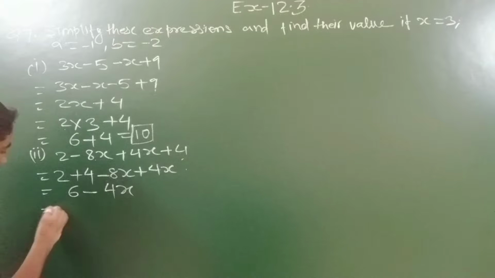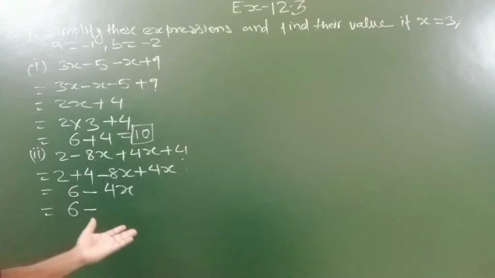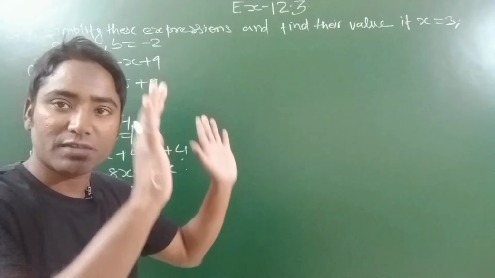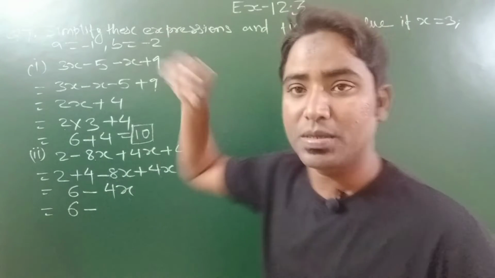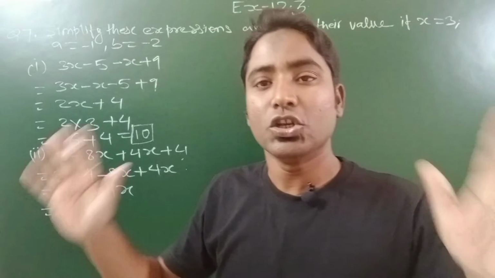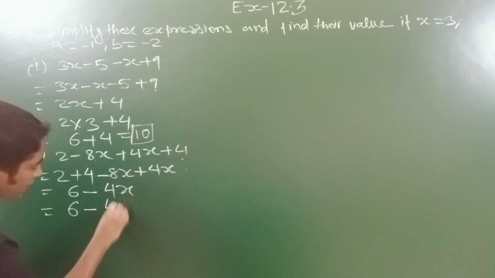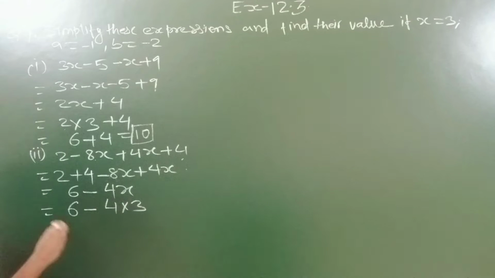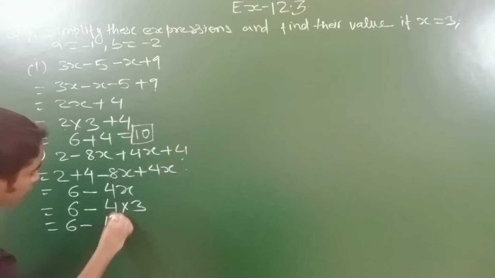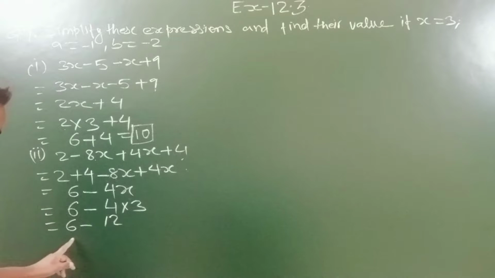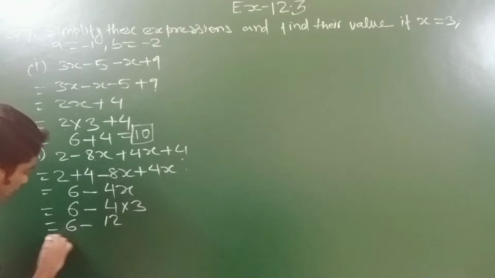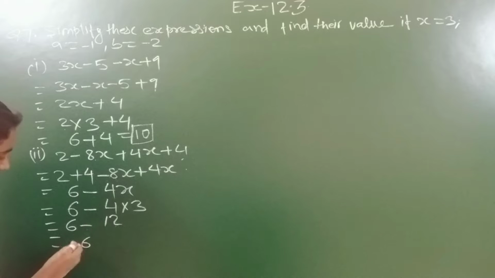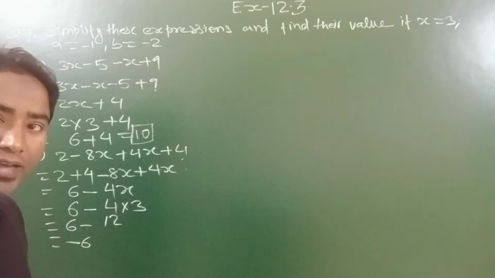Okay, now if you put the value in the expression, students, as here no a no b is there, we will forget the values of a and b. Since our final expression has only x, we will consider only the value of x, and not the values of a and b. Okay, so let us put the value of x, that is 4 into 3. Now 6 minus, if you multiply them you will get 12. Now here one number is plus and one number is minus, so subtract and consider the sign of the greater number. 12 minus 6 will give you 6, and since 12 is greater having minus sign, in the result we will have minus 6 as our final value.